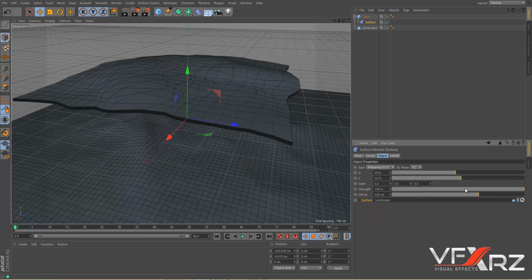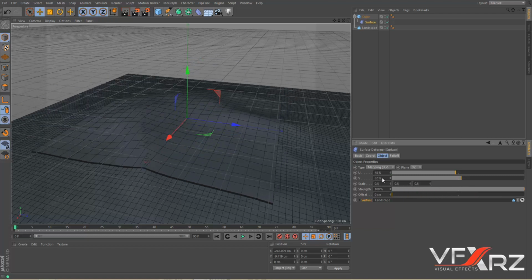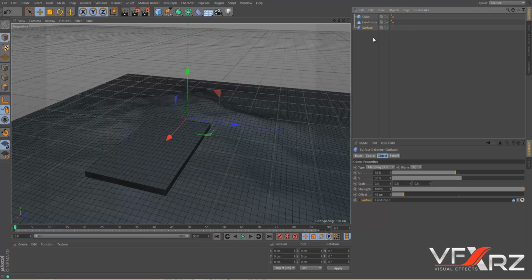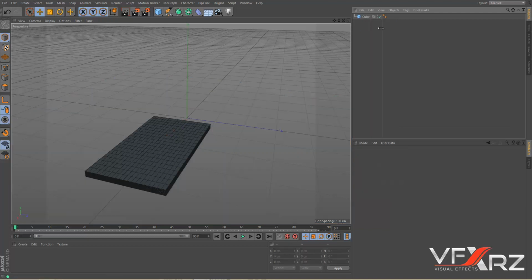Or here you can change offset of that. Very good. Delete these two and delete. Next deform is